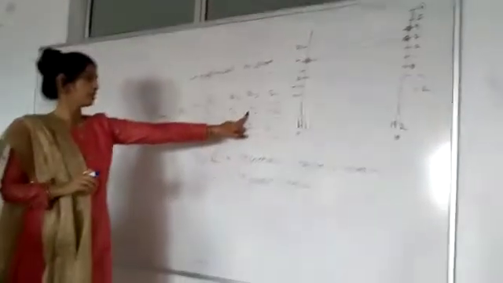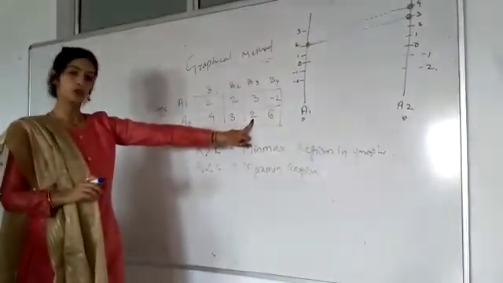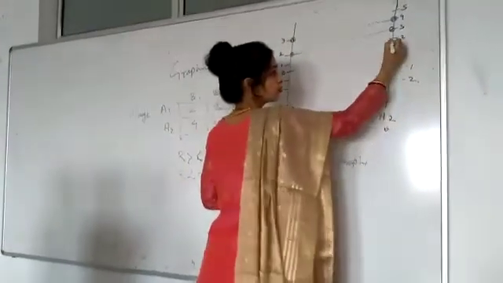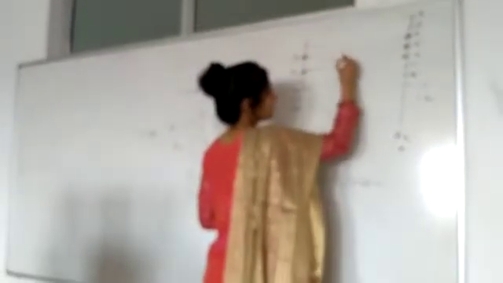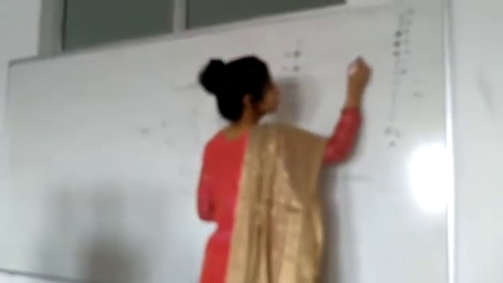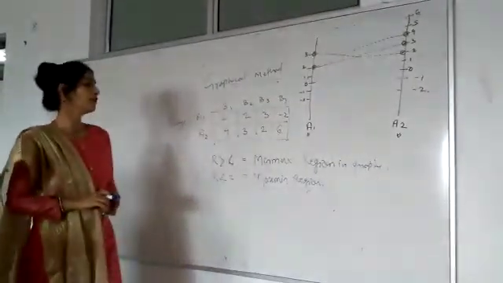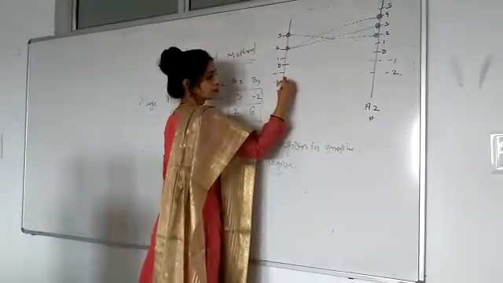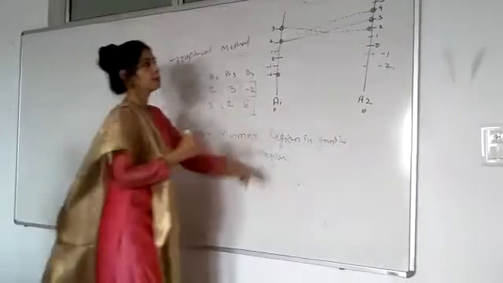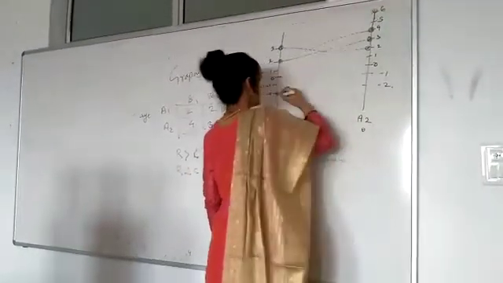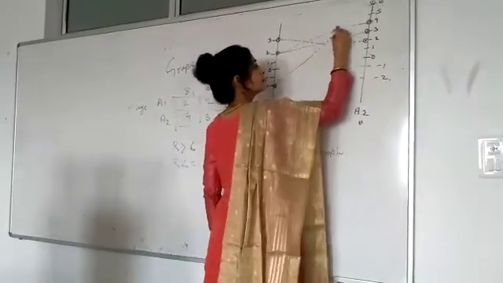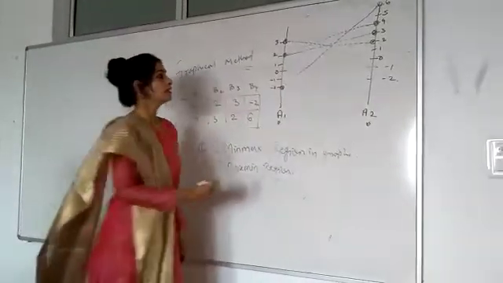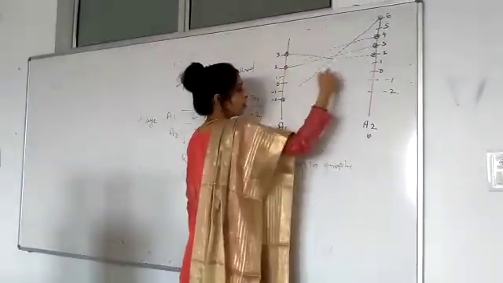Now B3: A1 is 3, this point, and A2 is 2. Again connect these points. Last one, B4: A1 is -2, this point, and A2 is 6, meaning these are the highest points. Then also connect them. Now we have different lines and different connectors, these points to this point, this point to this point, all are there.